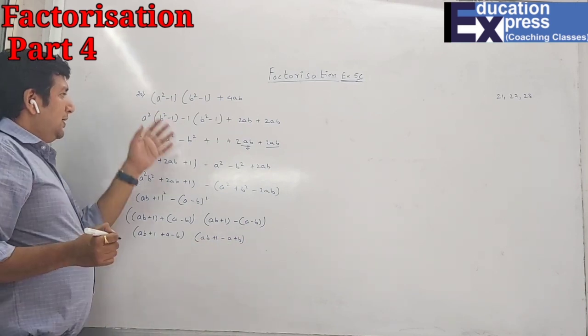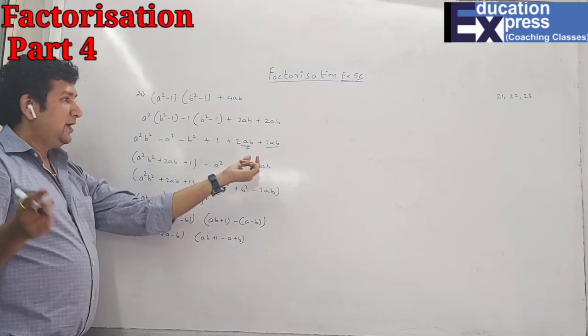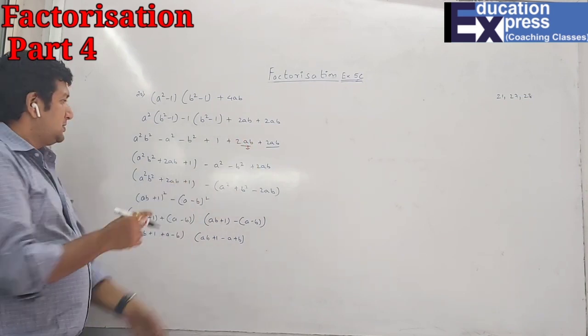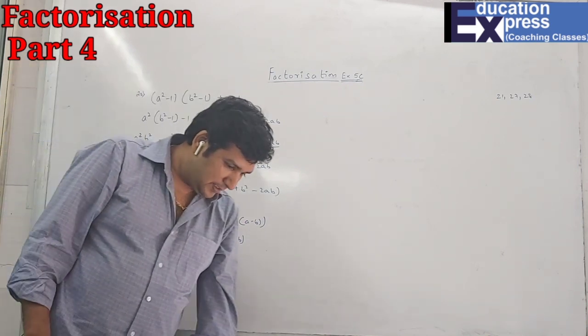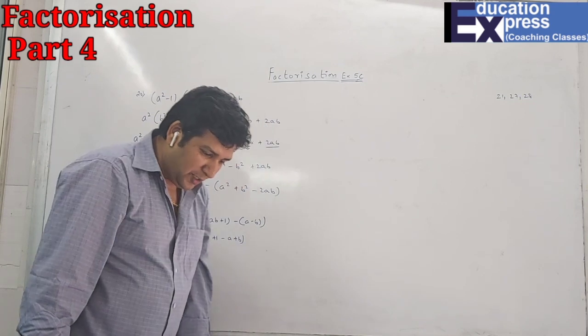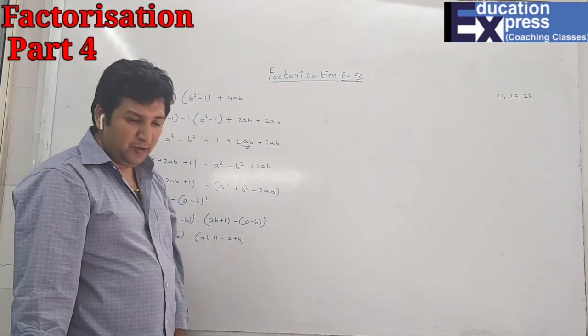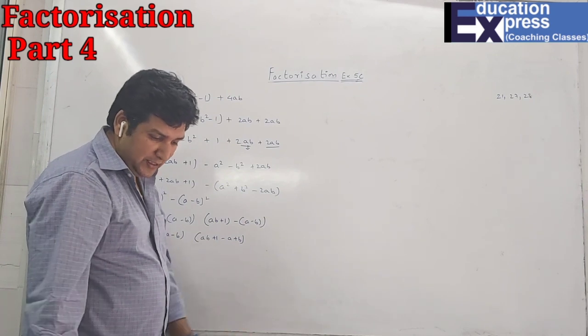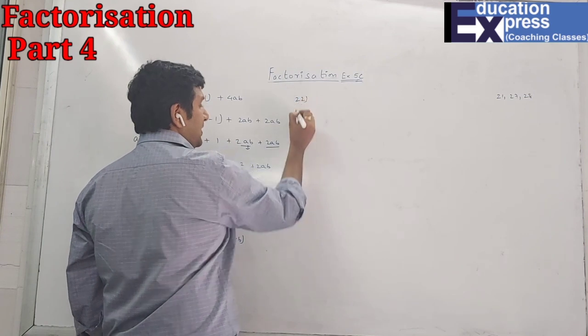So if you know this method properly, that when the number doesn't have a perfect square, you have to make a group of those variables, then definitely it will be easy for you to understand such sums. After this, we'll be doing now 22nd, 23rd. They're exactly the same. I'll do the 22nd, and the 23rd sum you will try. It's exactly word to word same except for the numbers. The pattern is the same.